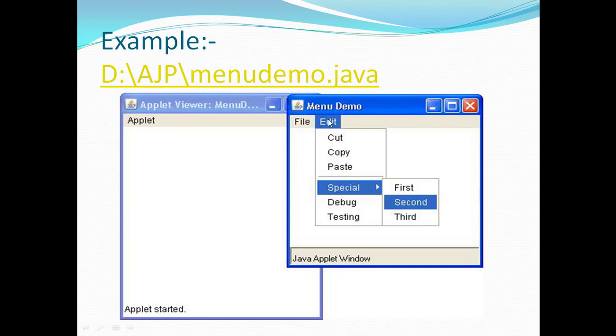That menu bar contains two menus, the File menu and the Edit menu, and in them are sub items: Edit, Cut, Copy, Paste. In a special menu we also have sub nested menus. We have done nesting of the menus. See this example, how we can write the code for it.